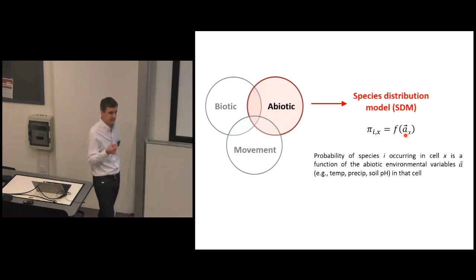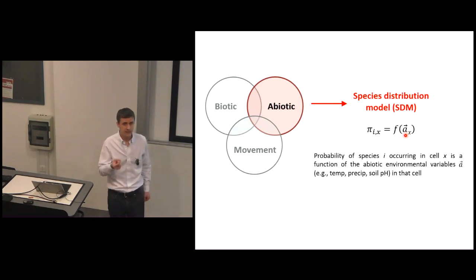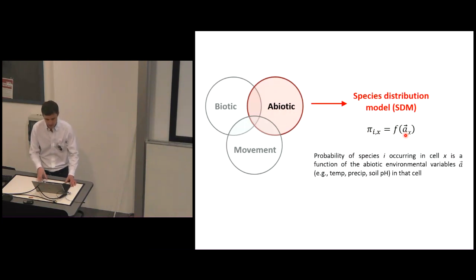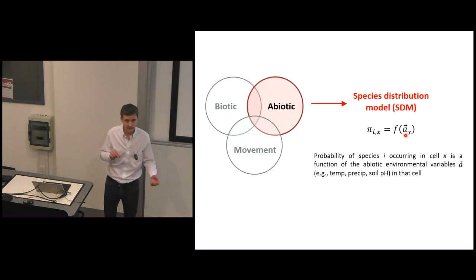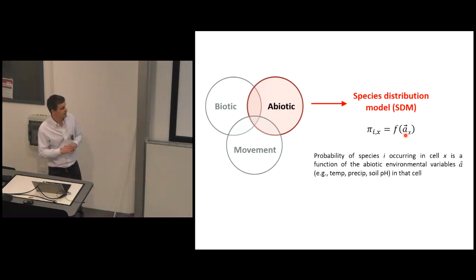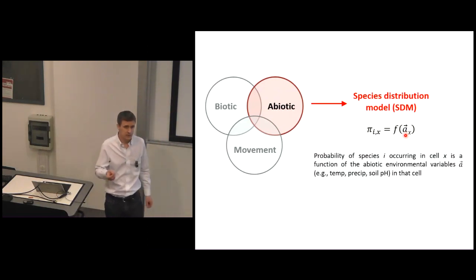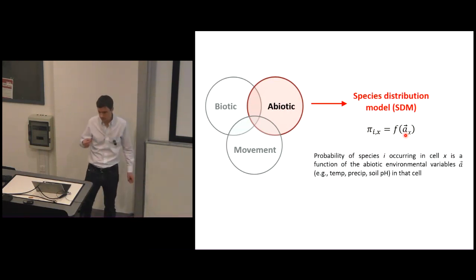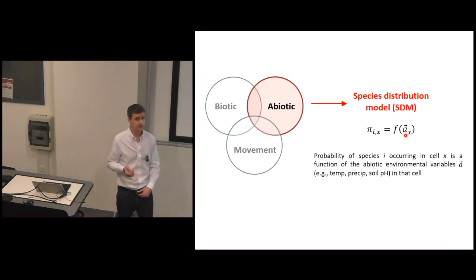And this is quite key because most of these models, most of this field, will focus on the abiotic drivers of distributions. So a lot of my work over the last couple of decades has involved how we can use different methods, different algorithms, to get at this function, which is just a very generic format here, often using machine learning approaches. So a lot of work in that area, and also looking at how we can better validate these models. So you build a model, but then how do we actually validate the model?